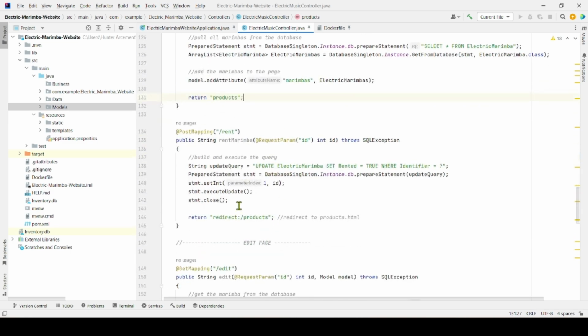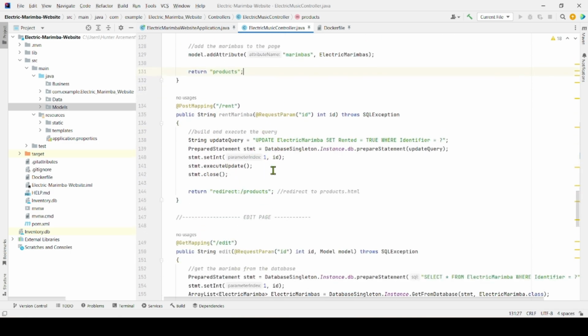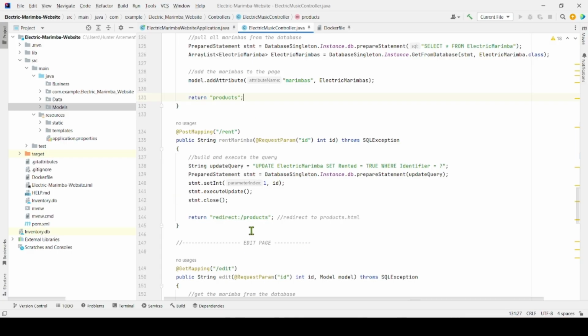From products, we have every Marimba can be rented. So this is where the users would say, hey, I want to rent this Marimba. They press a button, because I'm not going to add payment systems into a very light work program like this. That's a lot more complex and unnecessary for me here. And all it has to do is update that Marimba based on its ID, say it's rented, and then perform